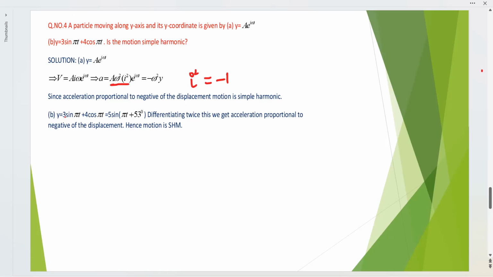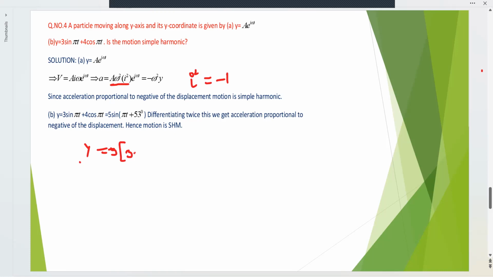y equals 3 sine pi t plus 4 cos pi t. And I am writing this as 5 sine of pi t plus 53. See how to write this one. So first, y equals, just multiply and divide the given equation by 5. So 5 into,